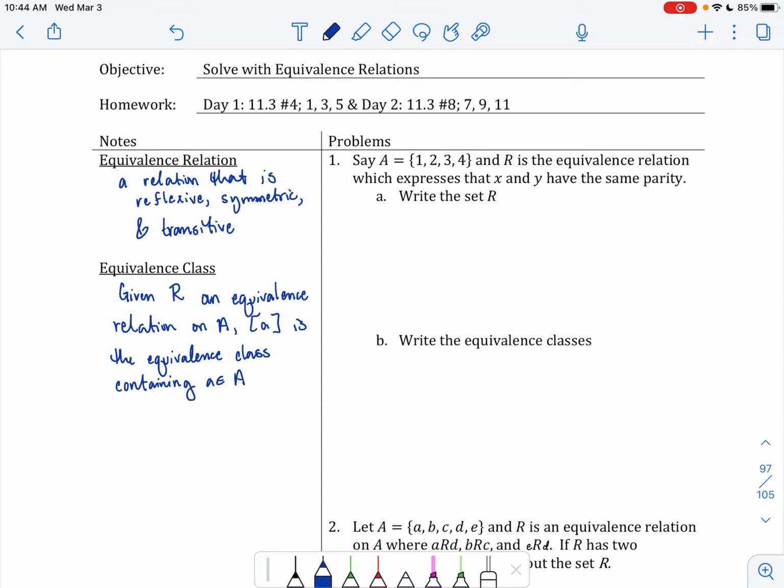So basically, it's one way that we start thinking about the different sets of numbers,